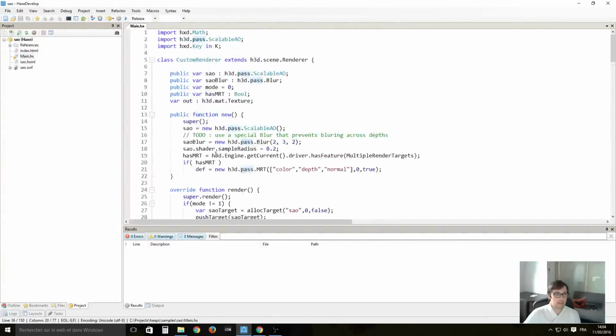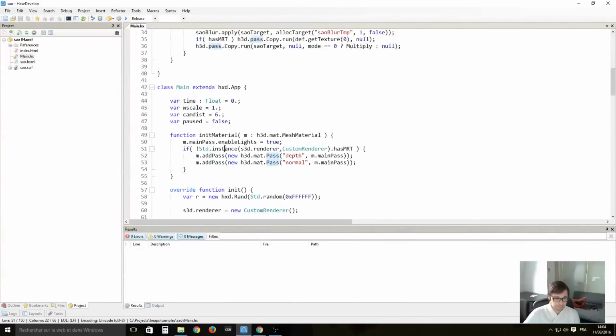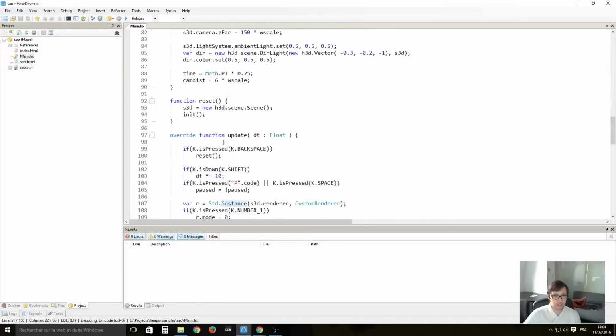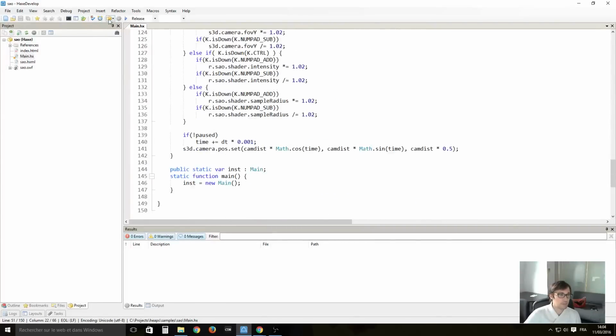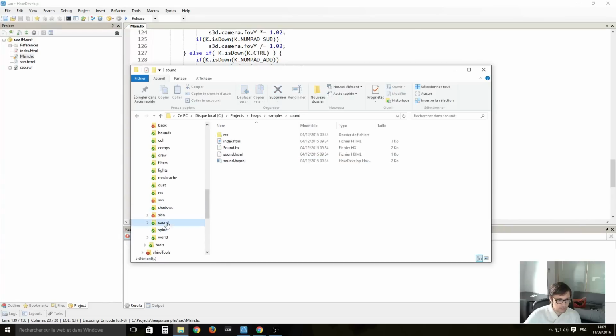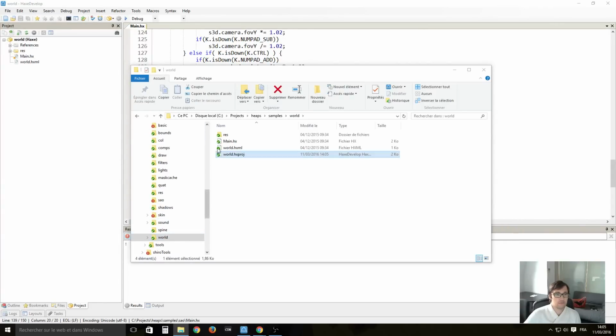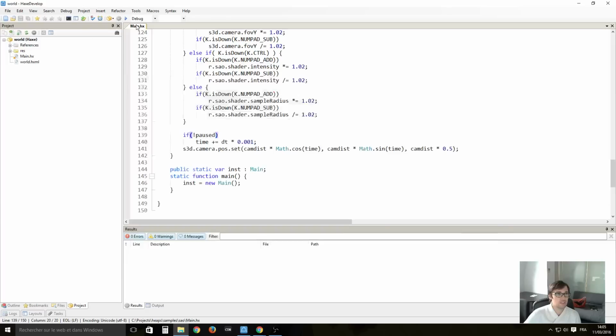So this is just some kind of way to customize the whole rendering of the scene, you have a lot of easy possibility to do that. So, and for instance, a shadow example. Actually, maybe I don't have one, but I can show you a few other things. Another example,